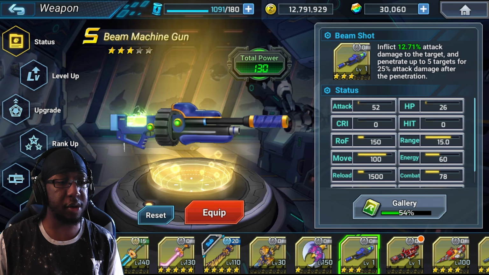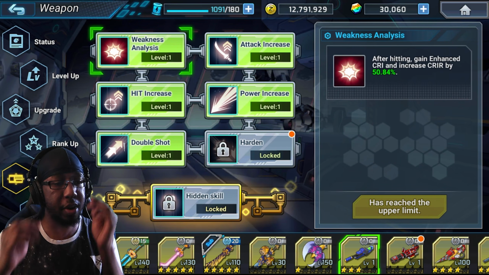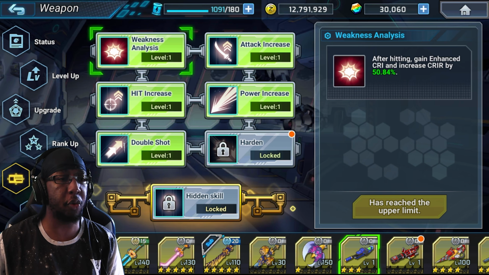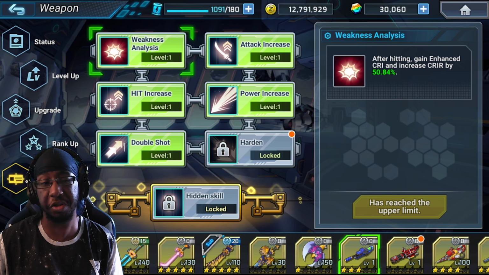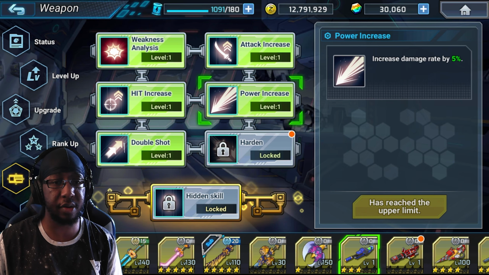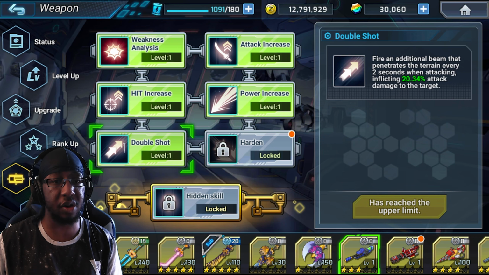Next up, Beam Machine Gun here. I don't think this weapon is all that great, but this could be something you'd use as your wave 2 or part of your B or C lineup. Weakness analysis, after hitting, gain an enhanced crit and increases your crit rate by about 51%, which is honestly not bad. That's pretty good. Other than that, you have power increase, you have your attack increase, and you have your double shot as well,